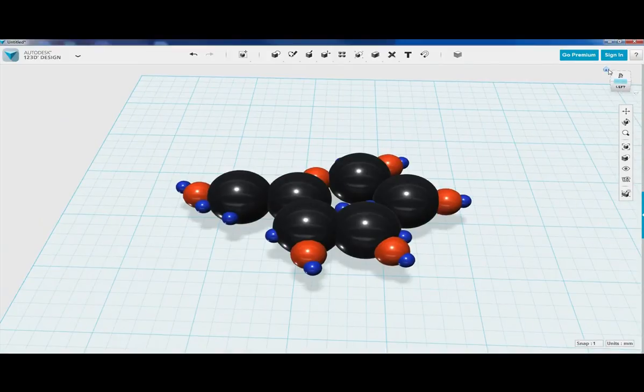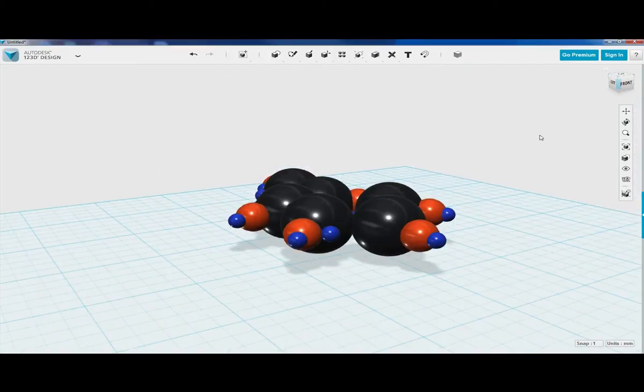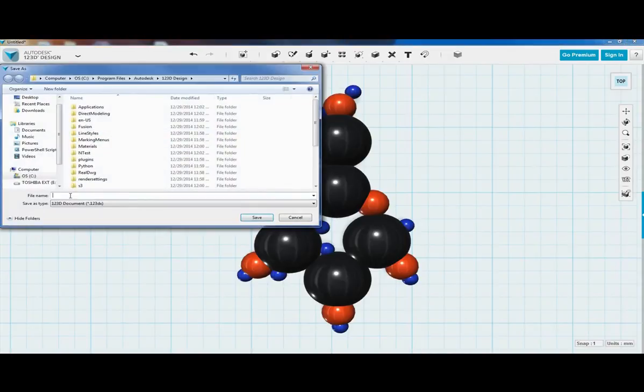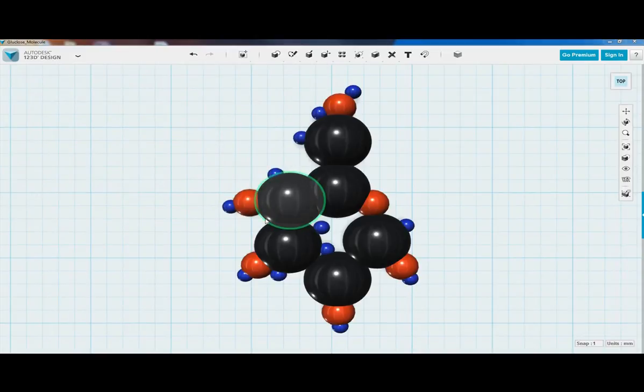So let's go ahead and click the home button. Oh, let me just look at it one more time. This is just so cool. I just like looking at it. Okay, so let's go ahead and save to my computer. Okay, and we're going to call it glucose molecule. And I'm going to call it 2 because I've already created one. But you can name it whatever you like. I'm just going to say glucose underscore molecule. Then I'm going to click save. It is now saved to our